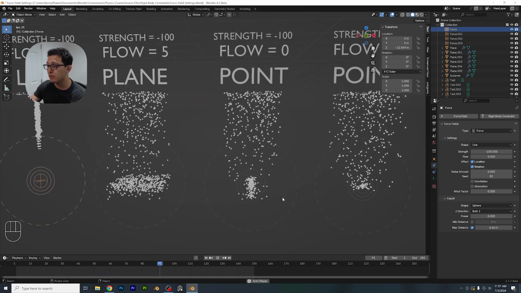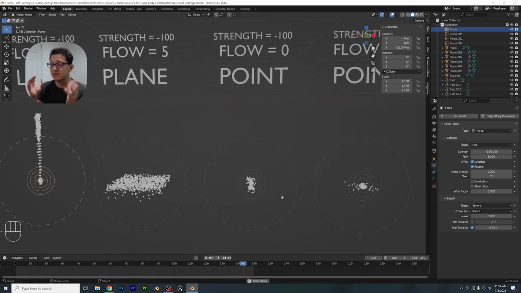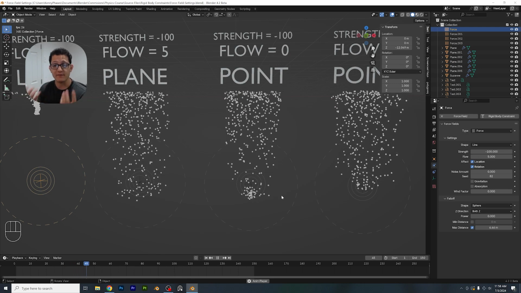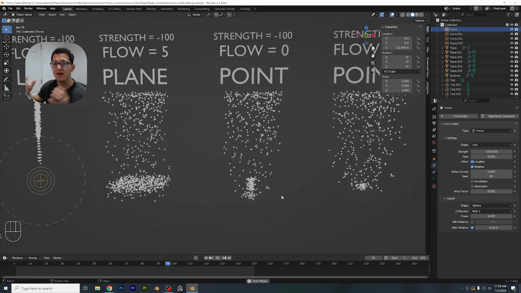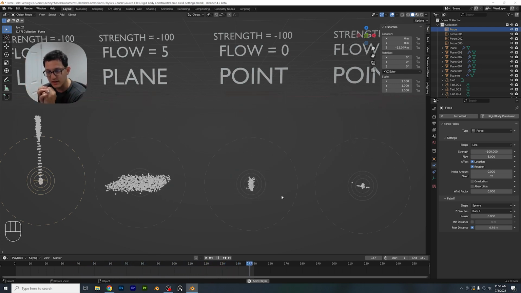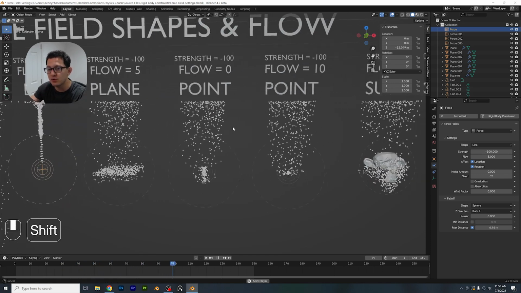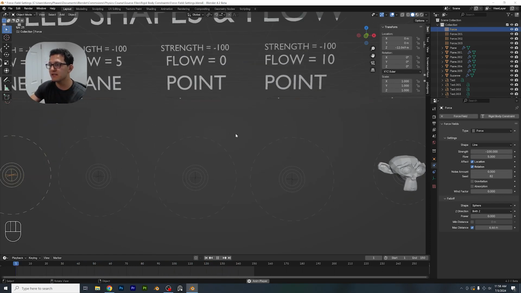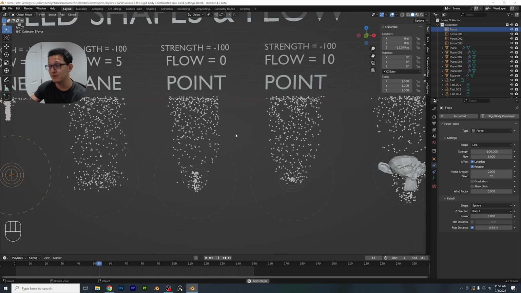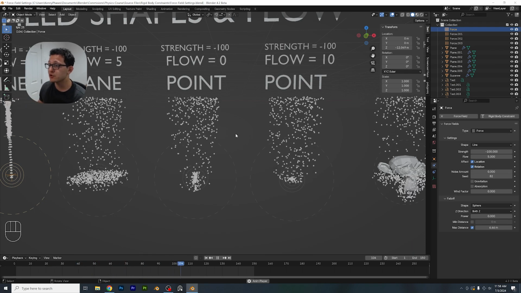The next one is point. That's pretty important because it just collects in the center. So when you have your force field and you see that empty shape, everything's just going to collect right in the center into one singular point. Now, you'll notice that I actually have two examples for the point here. The reason I did that, the point of me doing that, yes, pun intended, was to show you the difference